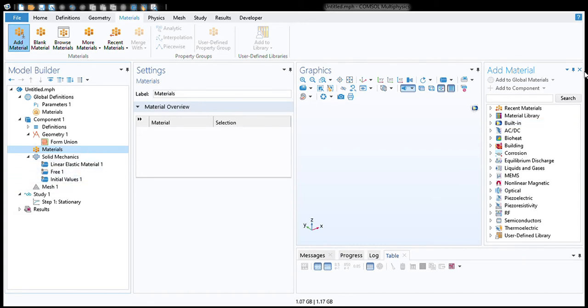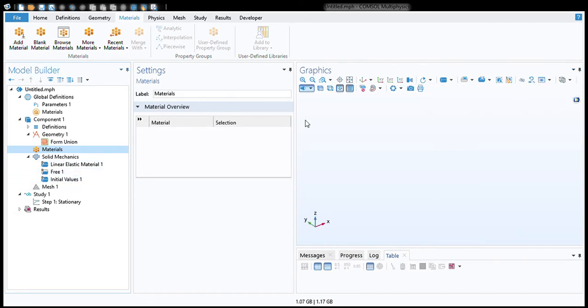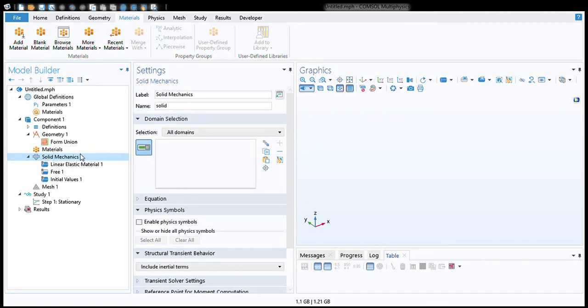After adding the material to your geometry, you can define the physics for the geometry, for example the solid mechanics physics. Then you can add different boundary conditions to your analysis by right clicking solid mechanics, and you can add the boundary load, fixed constraint, prescribed displacement, and different connections.